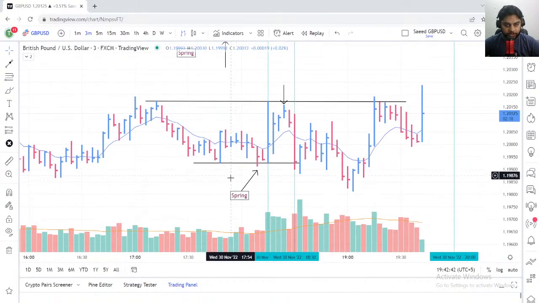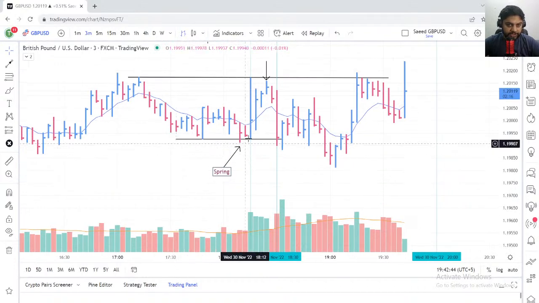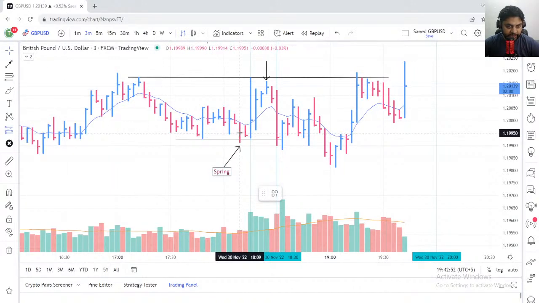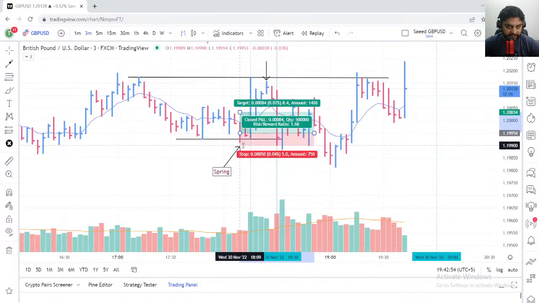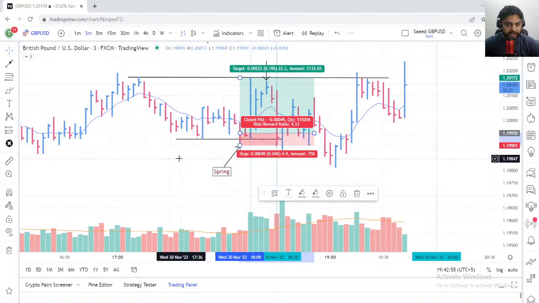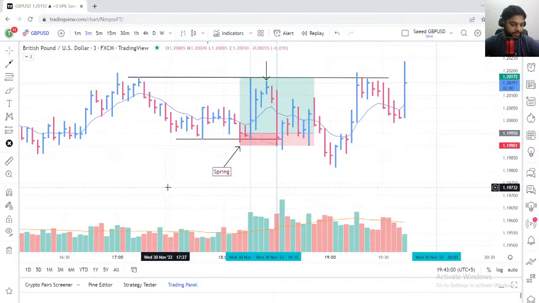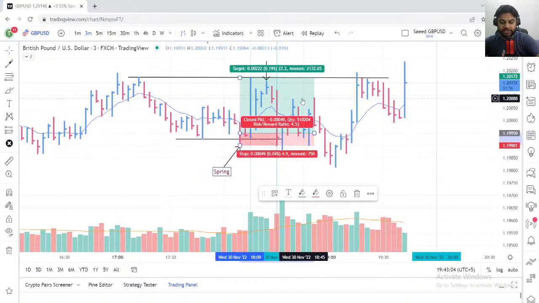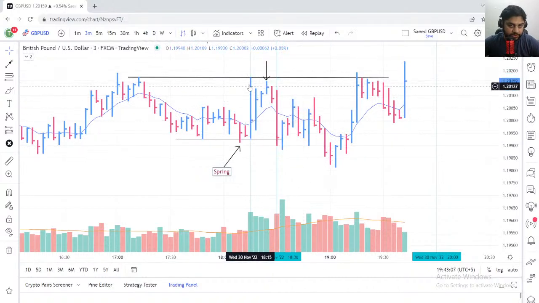So what will happen over here? The spring, today I bought at this level, the spring. And look at this, if you buy at a spring, it can be amazing. Because look at this, you buy over here and you put your stop loss below this and you put your TP around this level and your TP got hit. And this is the same thing which happened with me today because I was anticipating that there is going to be a news over here.